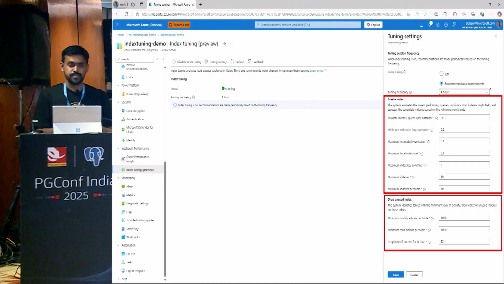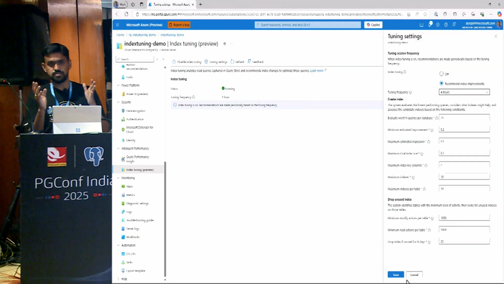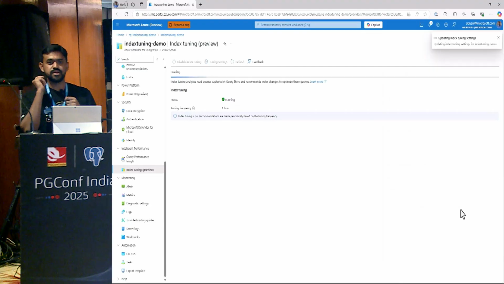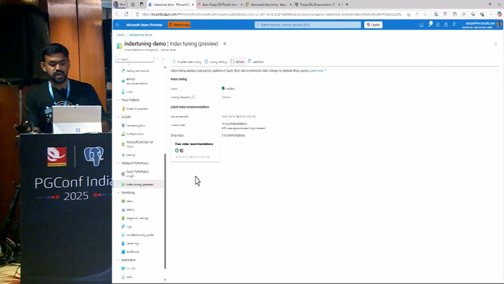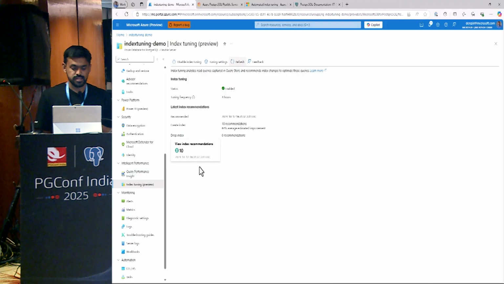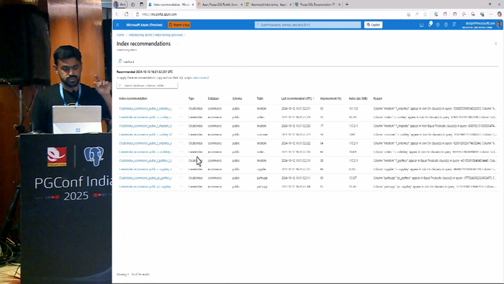For example, I have not used an index for, let's say, 5 days of running my workload. Should I take that as a trigger point to drop that particular index? We have exposed a bunch of properties there which you can configure, and based on your configuration we are going to suggest either creating or dropping an index. For this demo I went with the default settings, which are kind of optimal, and after analyzing the last 4 hours of queries, I was able to get so many index